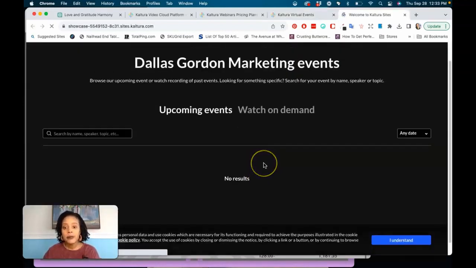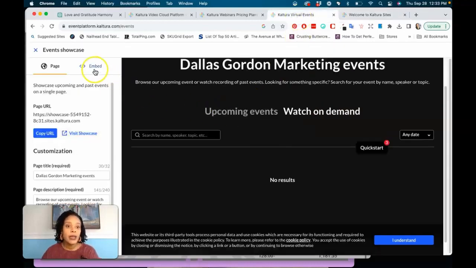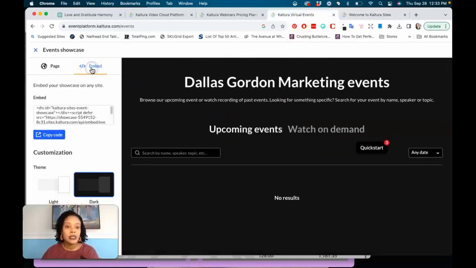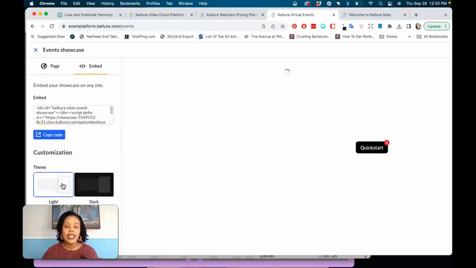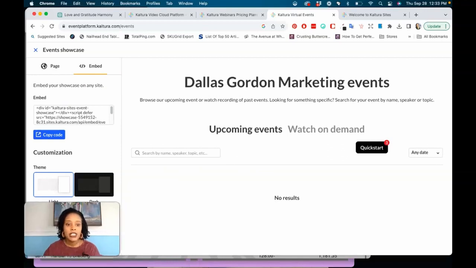So here's our events page. I have my logo up there at the top. It's kind of dark, but I have my logo up there. And they can actually come and watch your events on demand, which is amazing. And there's also the ability to embed this directly onto your website by simply customizing the code. Now, I prefer the light look. I prefer the light theme. So I can just change that theme, make that lighter. That's going to make my logo look much better and all of that on my events page.